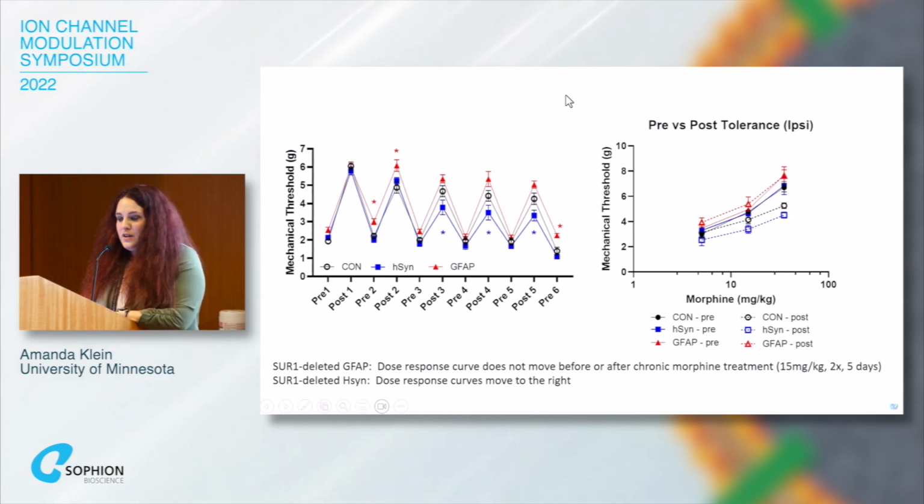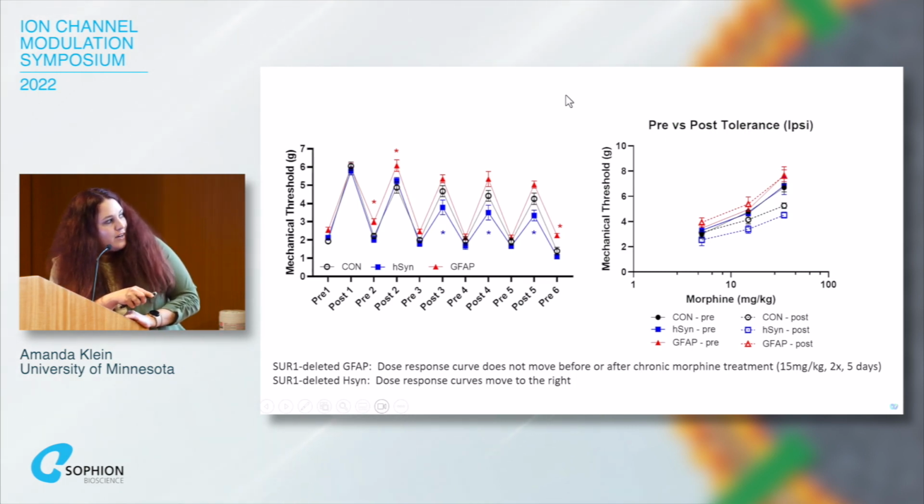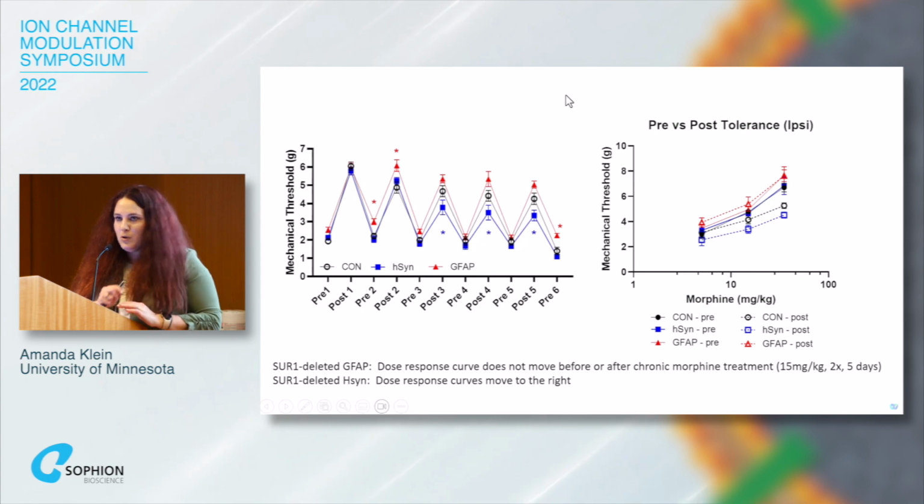Then we did a dose response curve again on these animals before the morphine tolerance paradigm, and then again after. The idea is that the dose response curve should shift to the right, so the same doses of morphine that worked really well before morphine tolerance shouldn't work as well after. You can see there's a shift to the right for the black animals, which are the control vector animals, the delta Cre animals that don't express an active Cre. It definitely shifts to the right for the neuronal promoter animals, which we could have totally expected based on our previously published data. However, for the red animals, the GFAP promoter, there is no shift to the right, indicating that these animals do not develop tolerance after losing SIR1 in astrocytes.